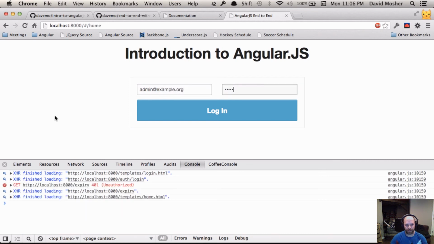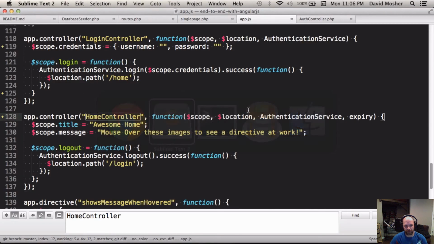and we log in, you can see that I actually got my 401 unauthorized. It tried to load the template for home. It queried expiry before it loaded that template, and it redirected me back. It didn't let me go to home, basically. And so let's make that thing actually valid and see that working. Let's take a look at